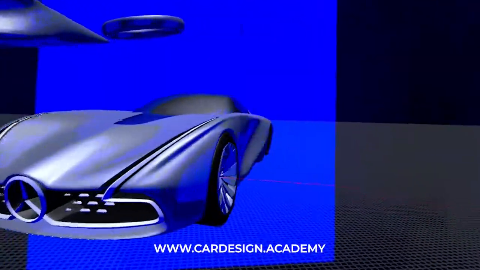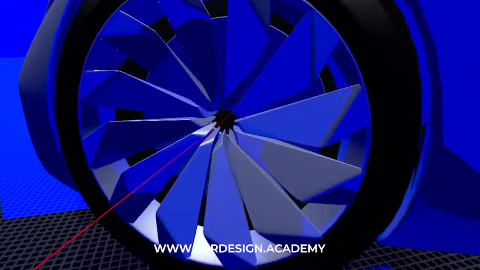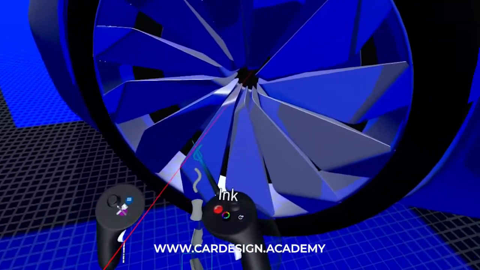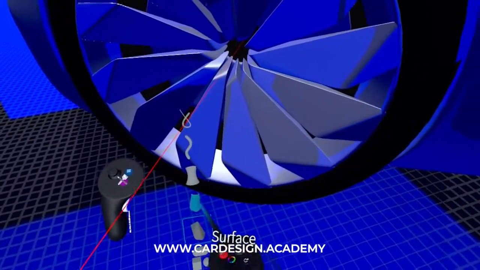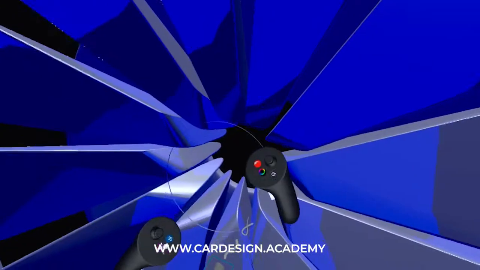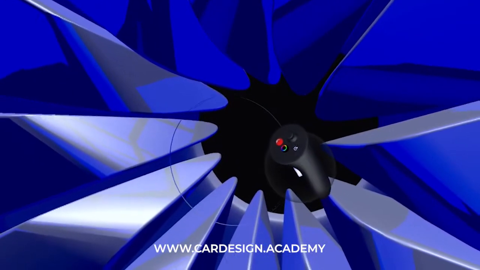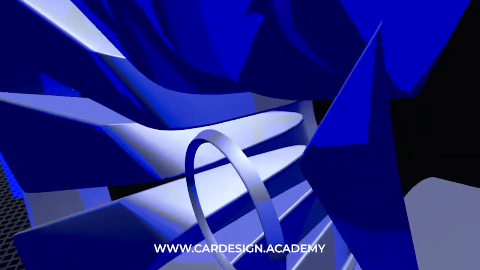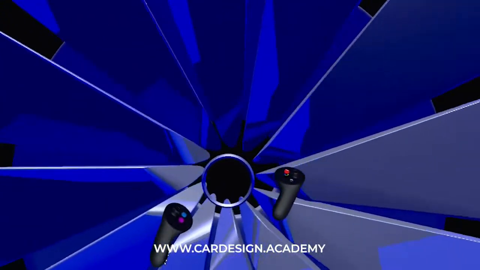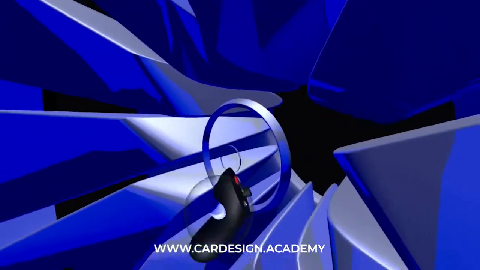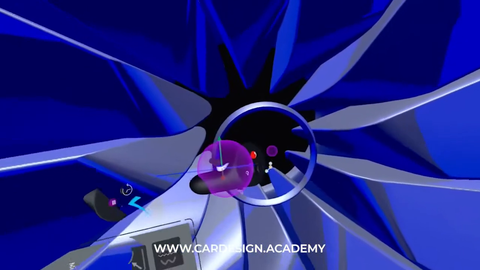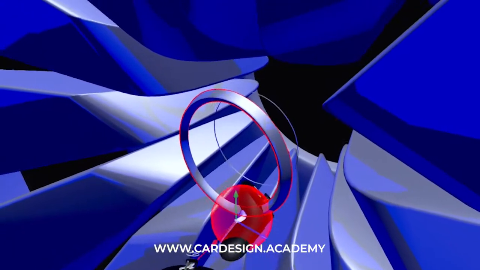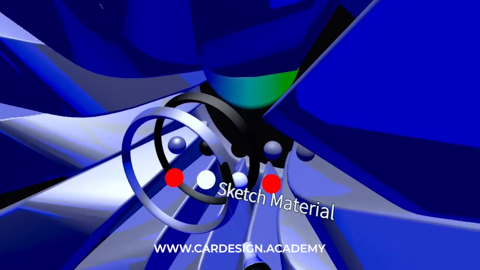So perhaps I want to put a little bit of a Mercedes logo in the center there. What I'll do is go back to my revolve tool and just go right in here, and create the outer ring. What's cool is that it's using the same axis as the Polar Symmetry, so I'm getting a perfect repetition. So I'm going to just duplicate this shape, give it a darker finish,